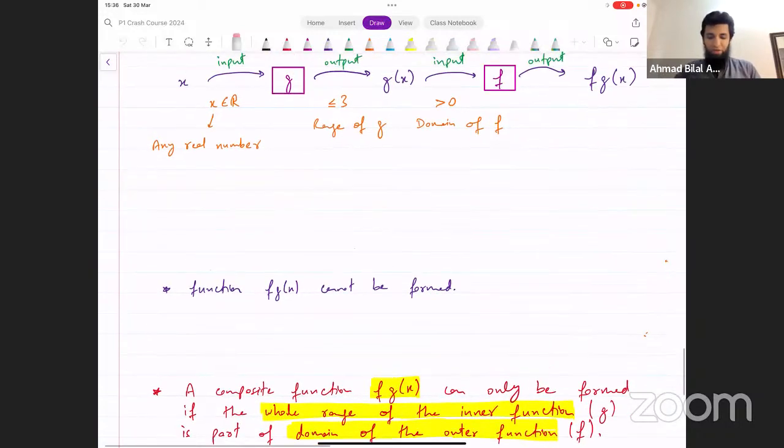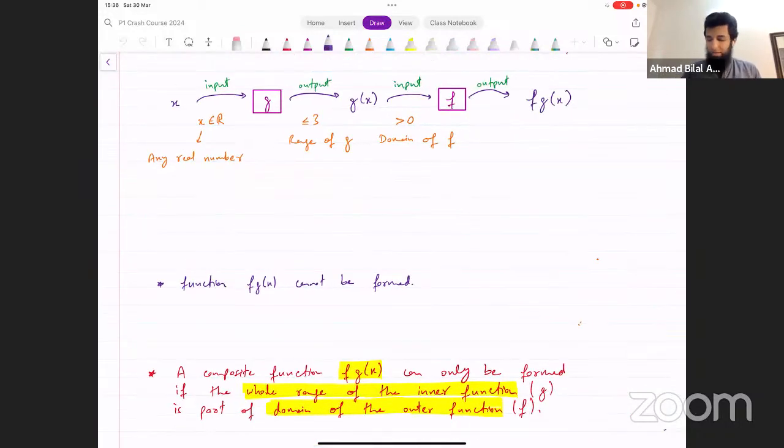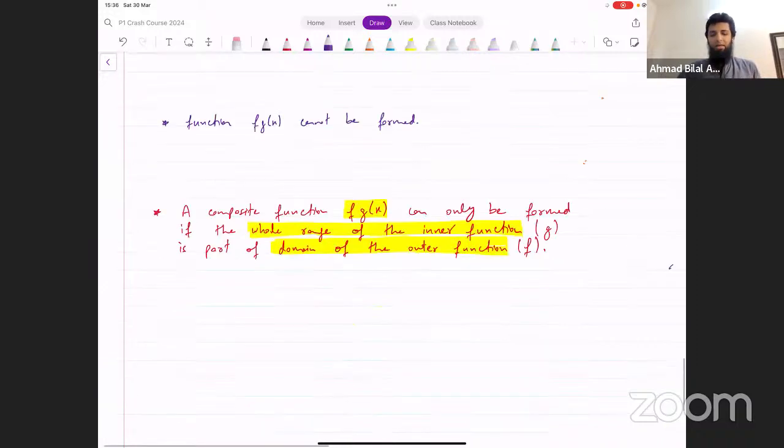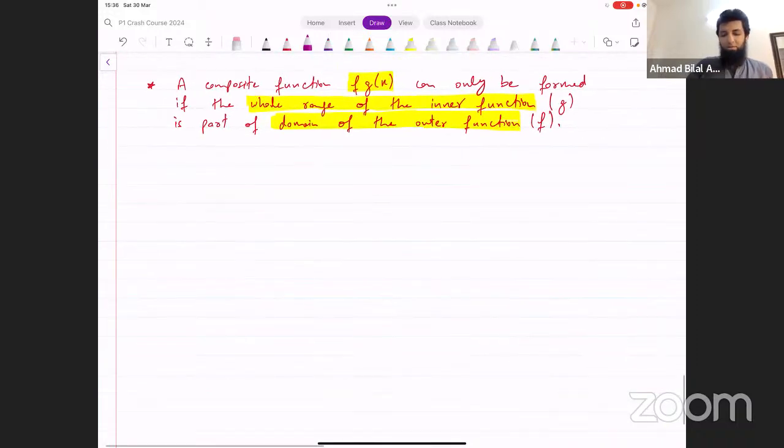So for a function fg(x) to be formed, the condition is that the whole range of the inner function, the whole output of the inner function, you should be able to put that into the outer function. That means it should be part of the domain of the outer function. All right. Now, in the cases that you would get, you would just have something like this,